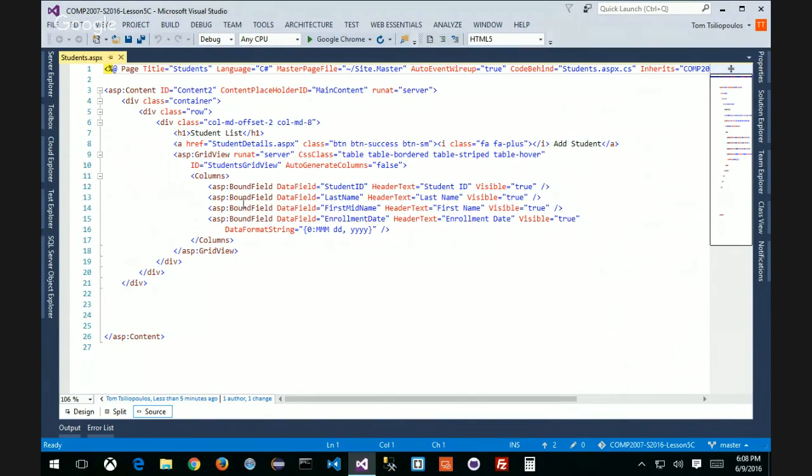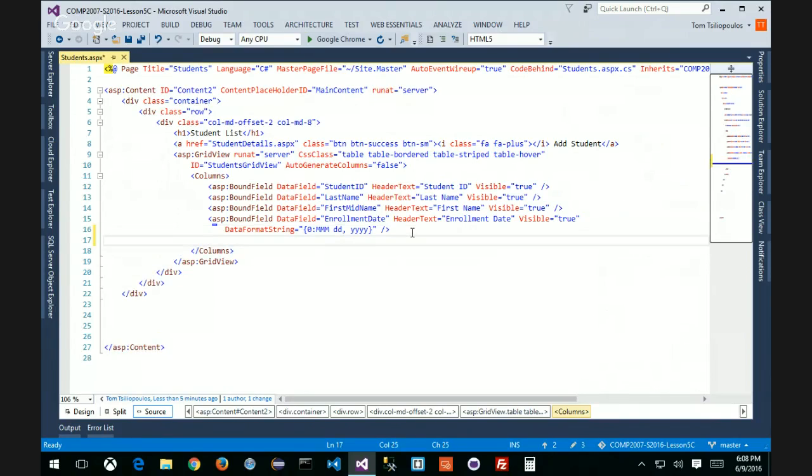We've added in some bound fields here. One of the things we need to do is add another kind of field in here to make sure we can do the deletion. Remember, deletion's easier. We want to add in an ASP dot